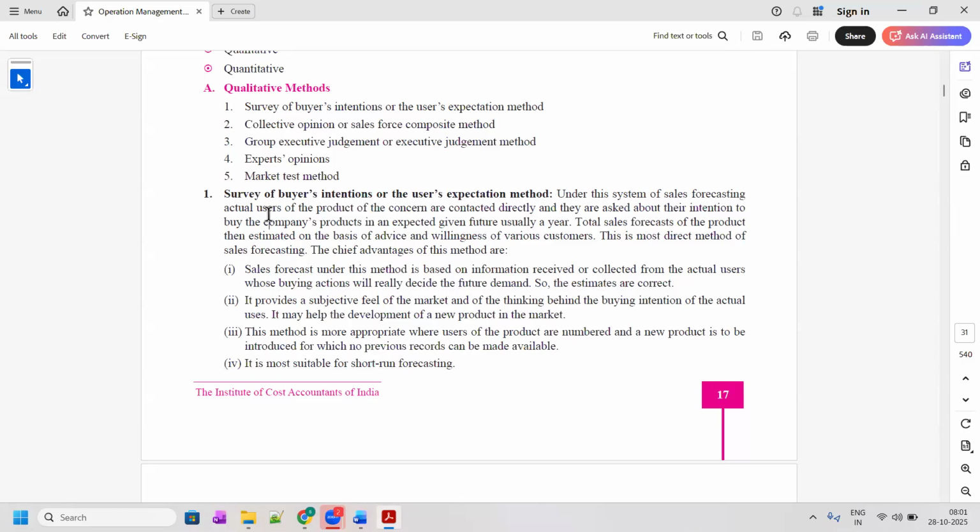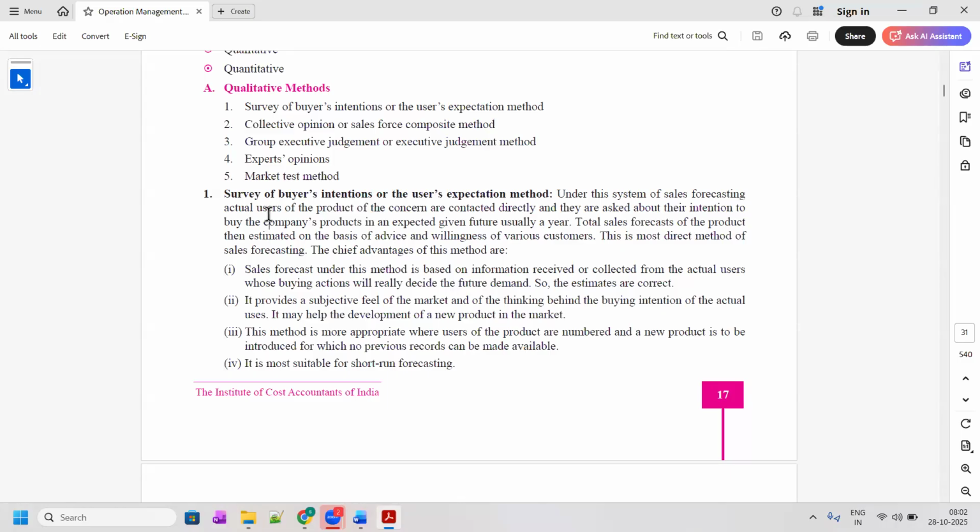So when we are not confident with the internal team, or the data the team is giving, or maybe the last time the data was not up to the mark, because of which they underproduced or overproduced, at certain times the company consults external experts,